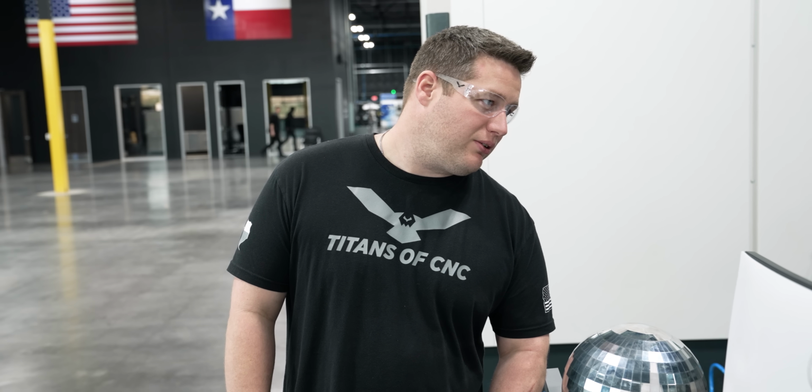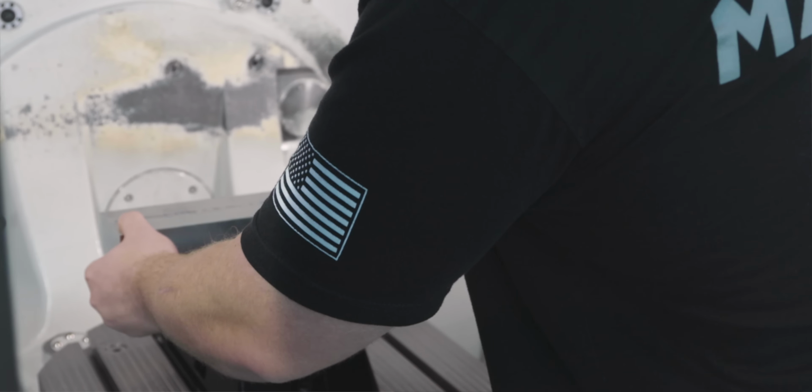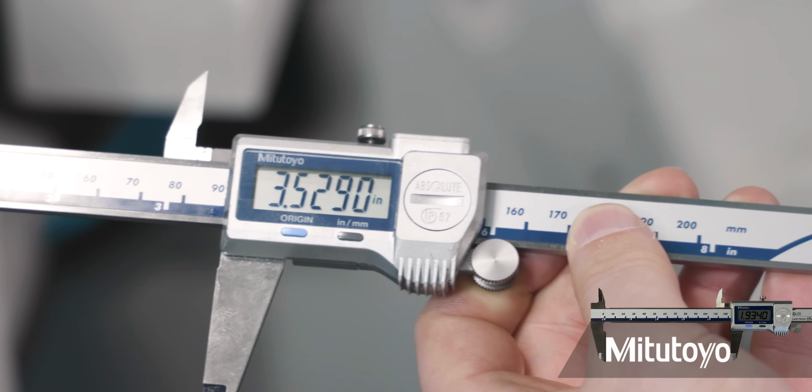So can you send me that model? It's a freaking rectangle with 4 holes in it. If we take a look at this centerpiece, we can see that geometrically it doesn't look that complex,